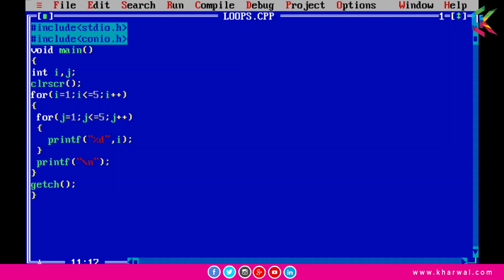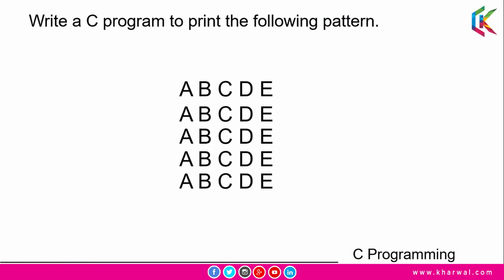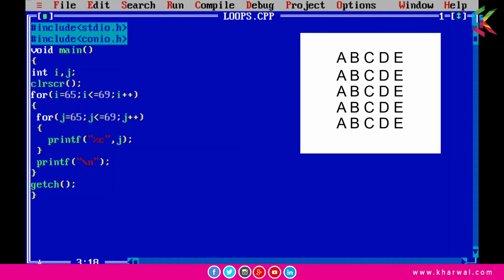Now moving further, we are going to write a C program to print the following pattern, and in this pattern we are printing characters. So we need to use typecasting to print this pattern. Now let me open up the Turbo C++ compiler. In this program we are using characters to print the following pattern.